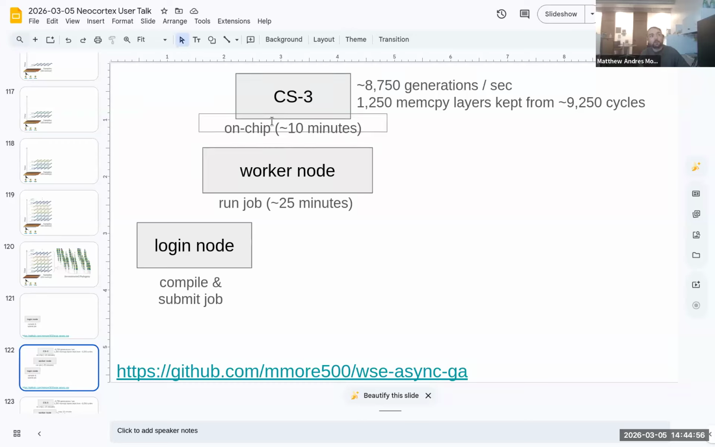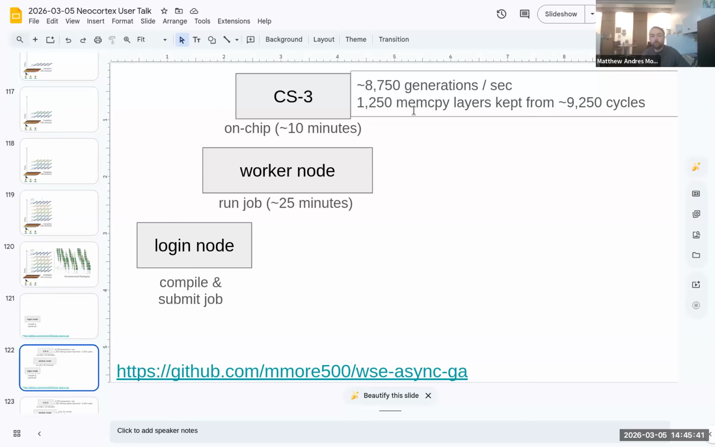Running the simulations that we've been doing to do these billion tip phylogeny reconstructions, these simulations run for about 10 minutes on the Wafer-Scale Engine to elapse 5 million generations. So we're getting about 8,000 generations a second. And then these asynchronous memcopy extractions, we get about 9,000 of those elapsing over the 10-minute period. And that gives us way more than 1 billion genomes. So we throw a lot of them away and only keep 1,250 of those memcopied